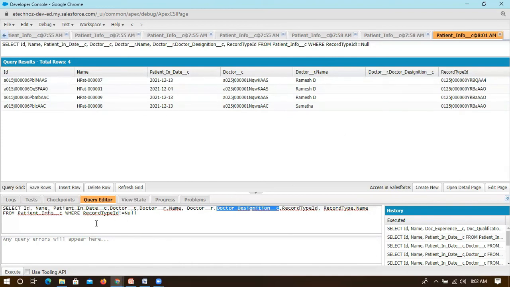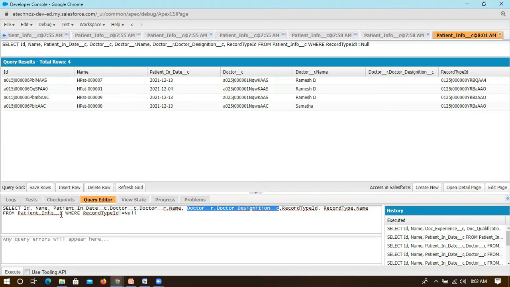In that case, instead of this record type ID, you have to mention doctor dot doctor designation, because you are in patient info but you are checking for doctor. So at least doctor designation. It will check the parent, and then this is the doctor designation.